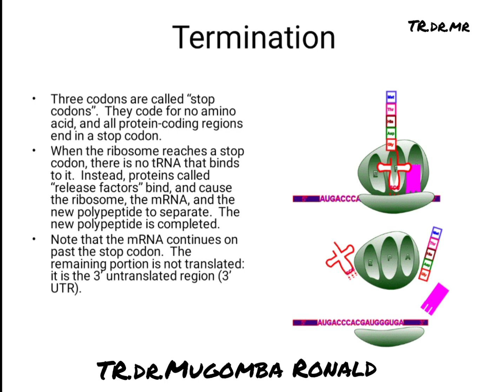released into the cytoplasm. You can clearly see that the release factor binds to the stop codon. This is the release factor. It comes and binds to the stop codon, and when it binds, the polypeptide is released into the cytoplasm. And the two subunits of the ribosome, you can see that they are separating. Remember, they were held together by magnesium ion. So now they dissociate, and the last transfer RNA is set free